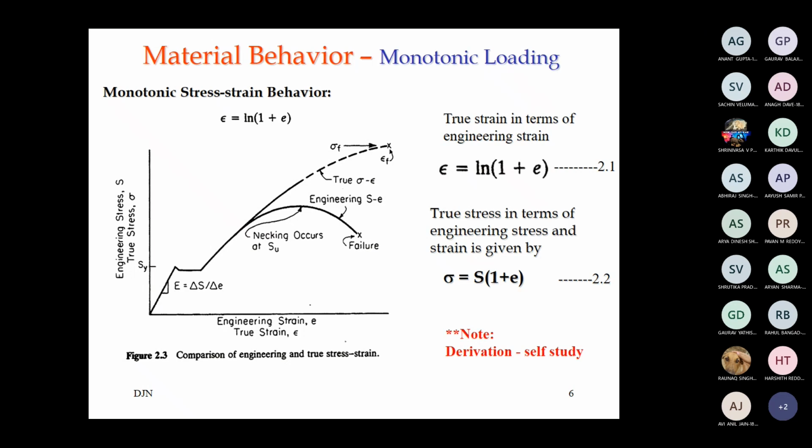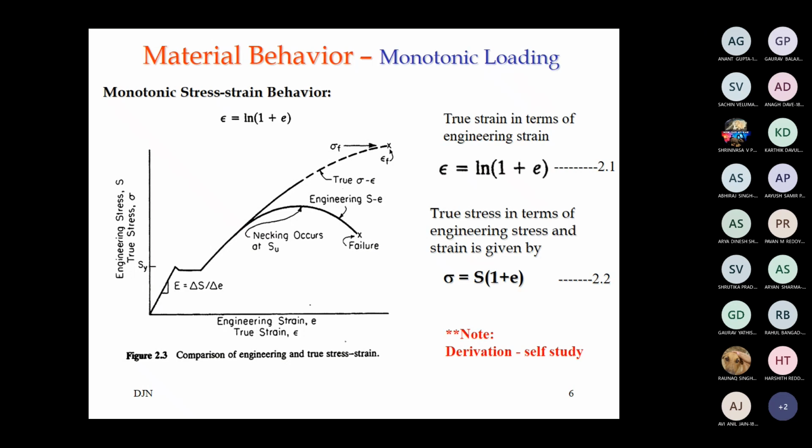The rate of change is a little bit different, but theoretically, up to a certain extent, when a lot of plastic deformation is not observed, the true strain and the engineering strain may be the same. For example, in brittle materials where no significant strain is observed, in either case the true strain and engineering strain remain the same. Even the true stress and engineering stress, assuming there is no significant reduction in the cross-sectional area.